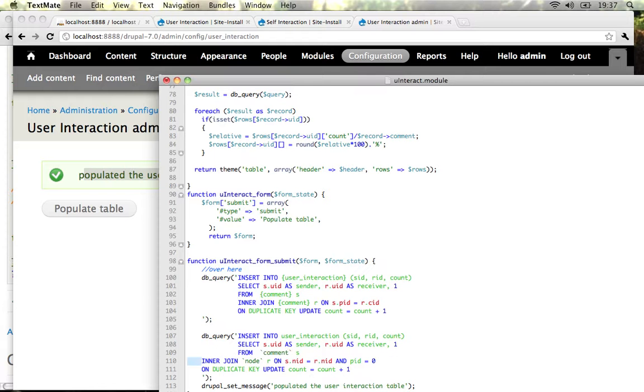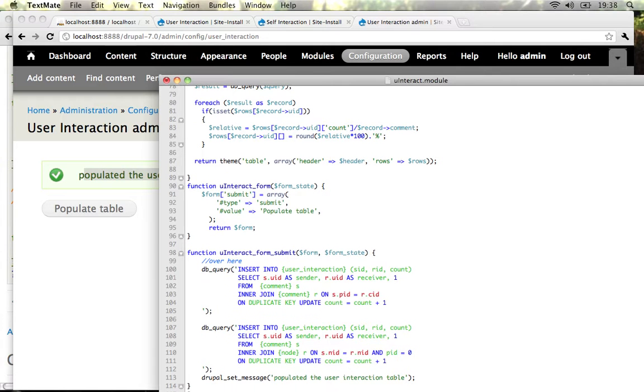Go, almost done. Okay, so that's when we populate it, but see that this does a duplicate, so as soon as you have done some stuff, this will actually keep